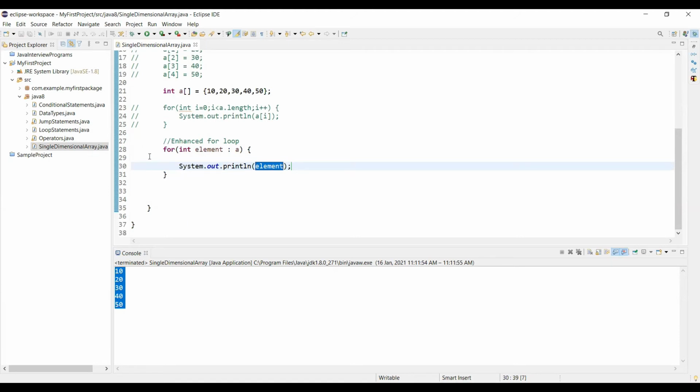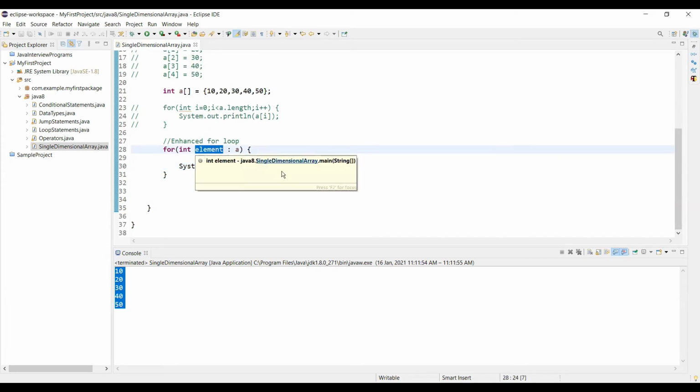And once the loop is done, it goes back and picks up the second element in the array automatically, and that is assigned to this element again. And once it enters the loop, we can write our own logic here. Again, it goes back to the next iteration. In the next iteration, automatically the third element will be read by this element variable from the array. So it starts with 0th index and goes till the last index in the array.